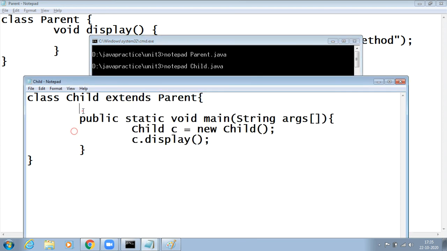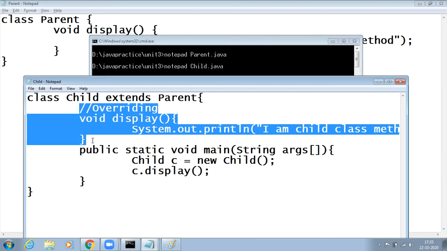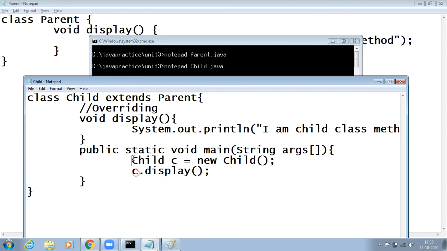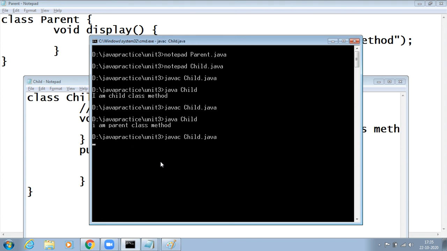If the child class has its own method, then it goes to the child class method. If you say here Parent c = new Parent(), then observe we get "I am parent class method."